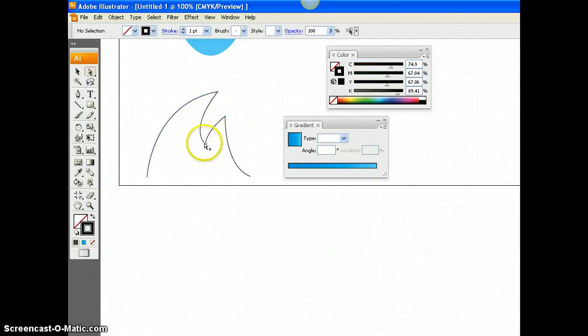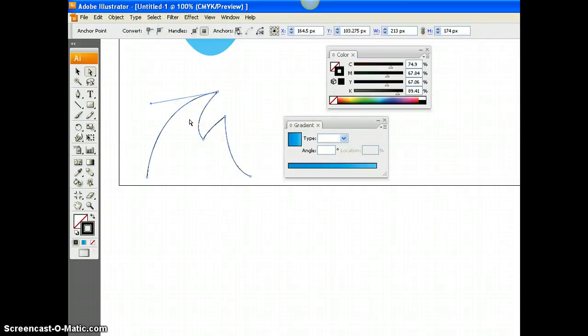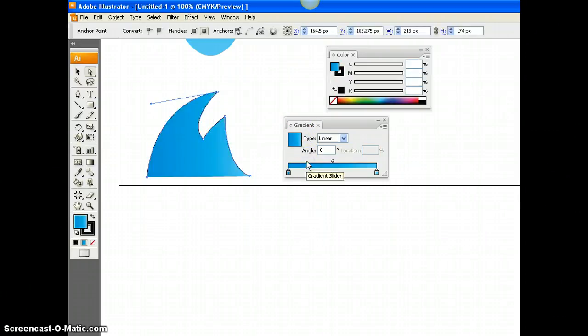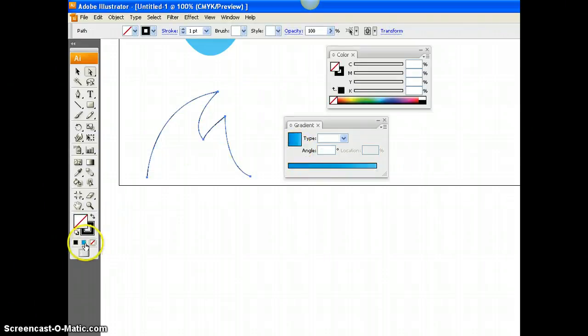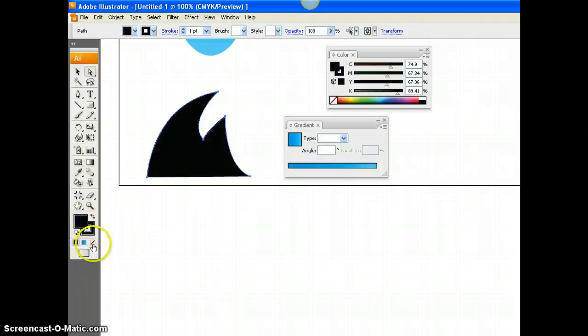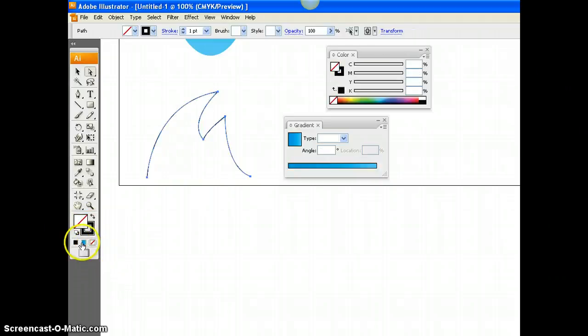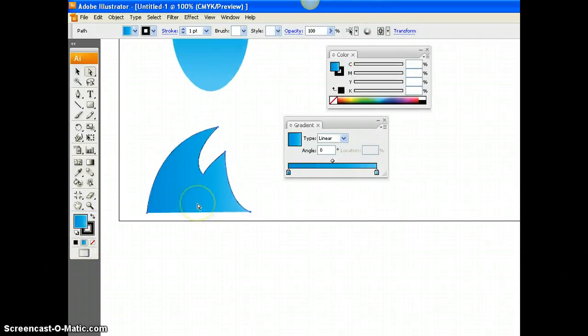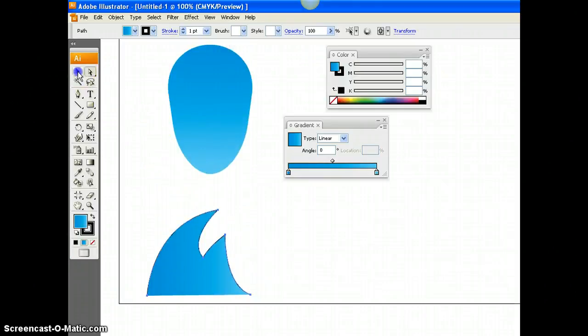Brilliant, that's exactly what I want. I'm absolutely satisfied with that. So I'm going to fill it with that gradient. If I can fill it with the gradient, I can do it like that. Another way to do it is to click in the gradient swatch here. And that will give it a gradient, or it could be solid color, or it could be no color. But I'm going to choose gradient. Now I'm ready to resize it,